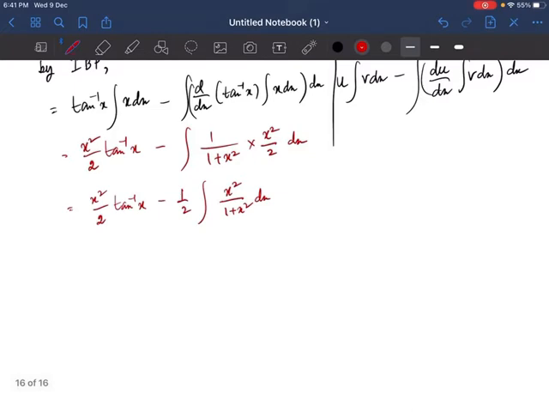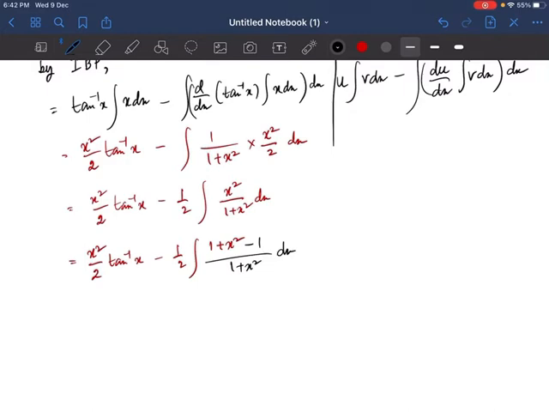Now if you look at this function x square by 1 plus x square, it is an improper function. So whenever you come across an improper function, what you try to do is make some manipulation such that my numerator becomes equal to my denominator. Always remember, whenever we come across an improper function, try to do manipulations in which the numerator becomes equal to the denominator. So what manipulation we can do in here? I will just add 1 in the numerator and subtract 1. So now you see here the numerator becomes equal to the denominator, and there is an added -1 in here.